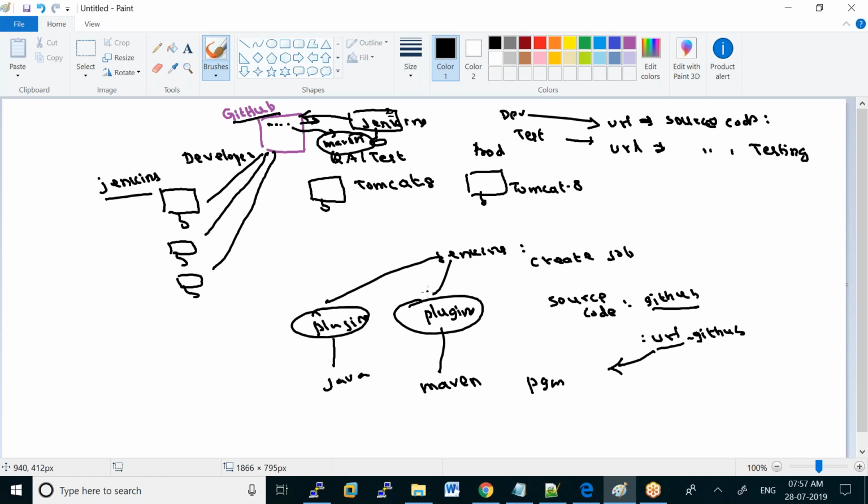Based upon this interaction, Jenkins will take the source code and instruct Maven, with the help of Java, to compile the source code, and then it will check during the compilation process. It will check for syntax and semantics. In case of any syntax error or any semantics error, immediately